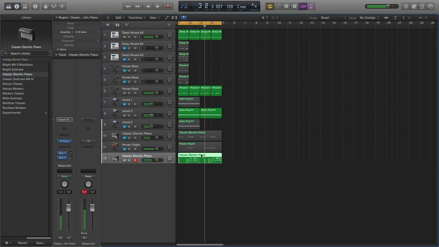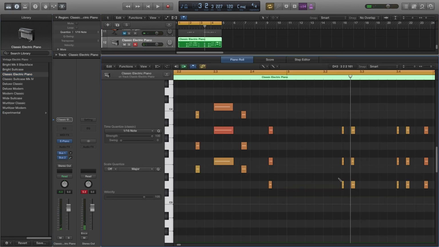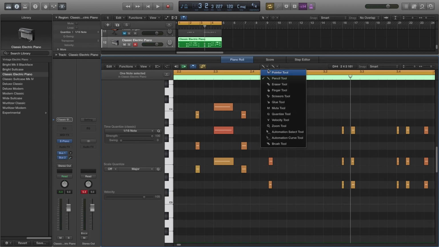Again, if you want to edit it, you double click and you have a look in the piano roll. You may decide that you want to lengthen or shorten some of the chords. Let me show you a good way to do that. Let's say we want to lengthen this chord here. We've got those three notes playing at the same time. Click, whoops, don't do that, delete that. Put your pencil away, pick up your pointer,